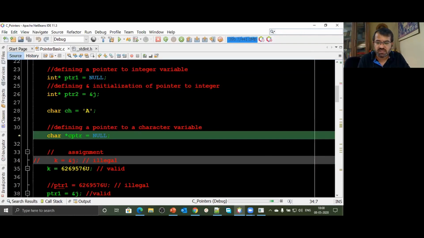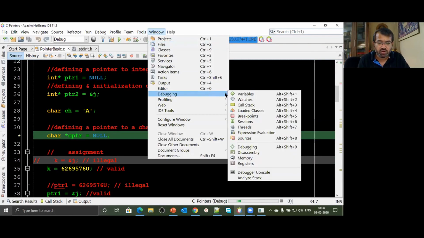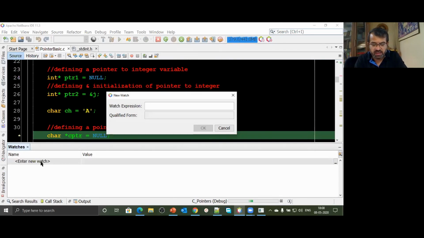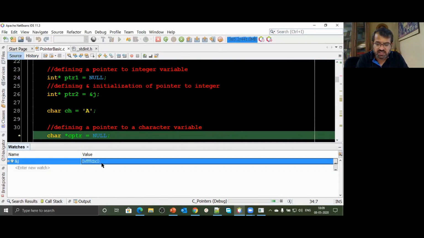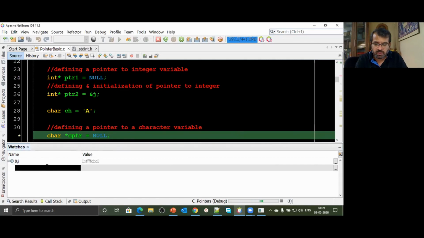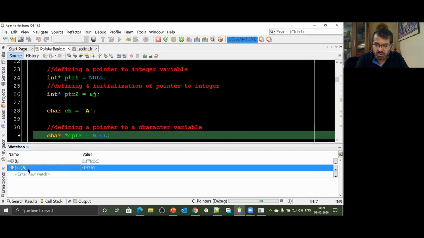So let's see what the address of variable j is. If I go into debug, open the watch window, and add a watch saying I want the address of j, it's giving me a hex value. So let's typecast as integer and see what the address of j is as an int.